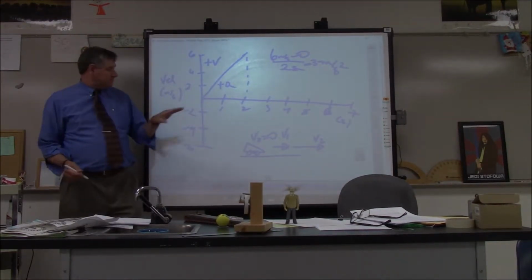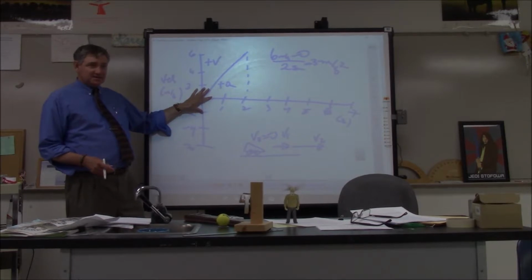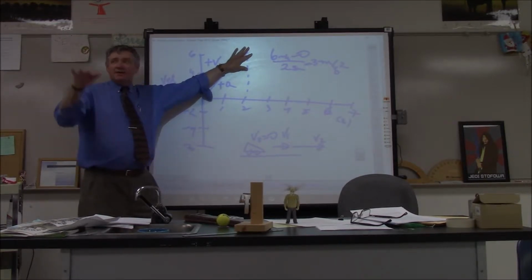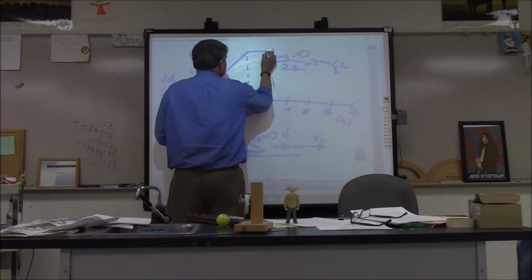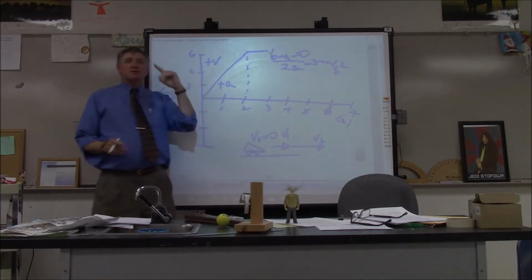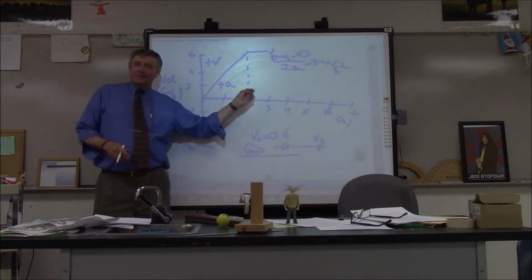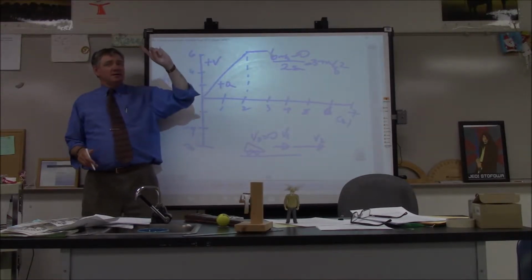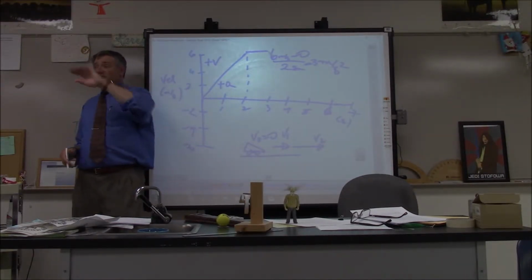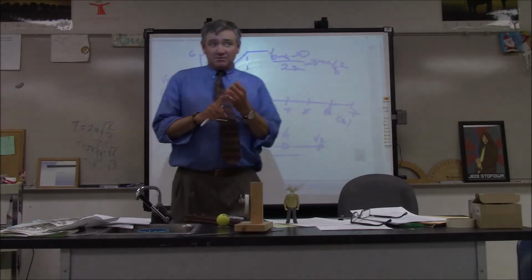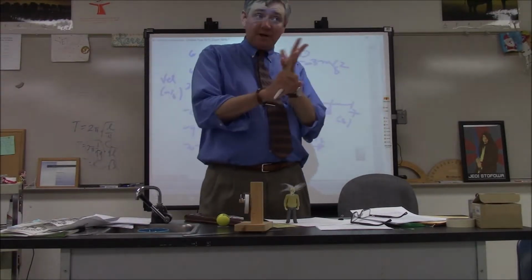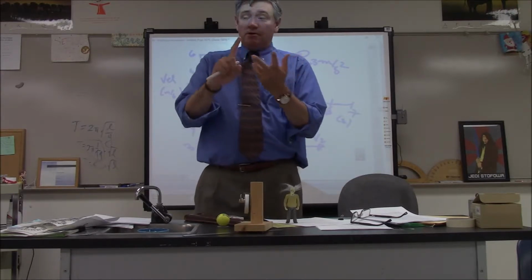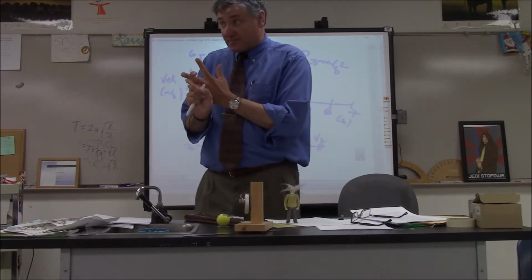So here we were. Madeline hit the gas. She sped up. Now, she's going to maintain the constant velocity with a horizontal line. So anytime you see a horizontal line on a velocity time graph, guess what? That means you're at constant velocity. So think about this. Your gas pedal does what to your velocity vectors? Changes. Makes them bigger. Your brake pedal makes them smaller. Your steering wheel changes them.